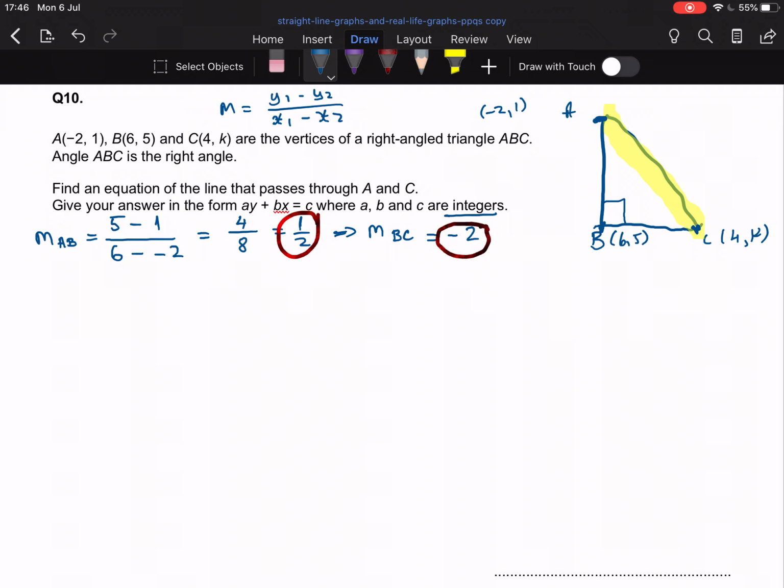I'm going to work out the full equation of the line BC now. So this one here. Because I've got a point on the line, which is B, and I've also got the gradient of the line. So I'm using point B. I like to make a list of my x, which is 6, that's the x coordinate of point B. y, which is the y coordinate of point B, and that's 5. And m, which is minus 2 for this line BC. So the equation of BC